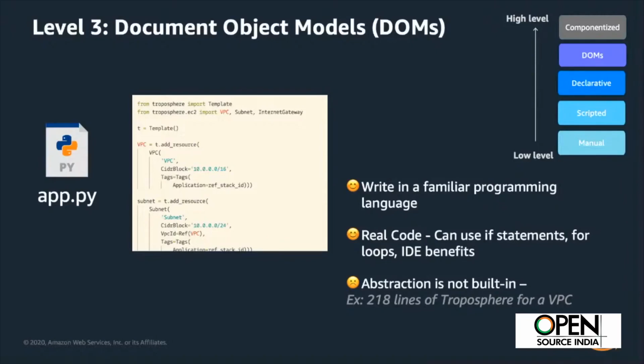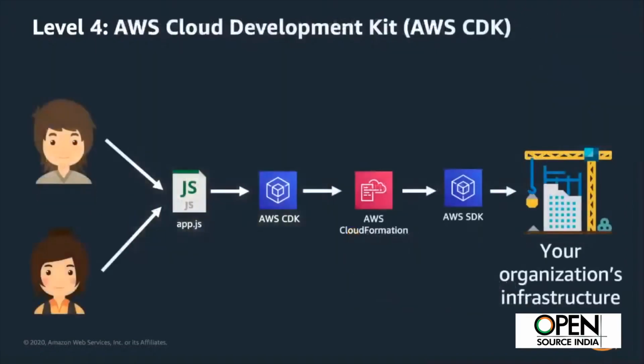So if you had to create a VPC, you had to define different subnets, you had to create different route tables, etc., etc. You had to write 200 plus lines of code in Troposphere to be able to do that. That is because there was no abstraction. The way CloudFormation is going to see it, you write the same kind of language in your Python application, because the services provided that. So this is the major problem that CDK was trying to solve,